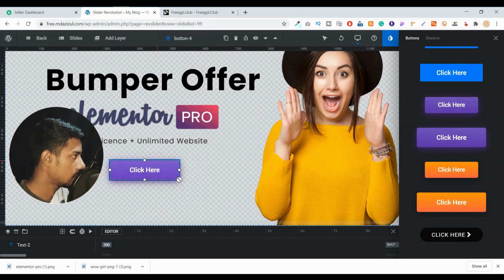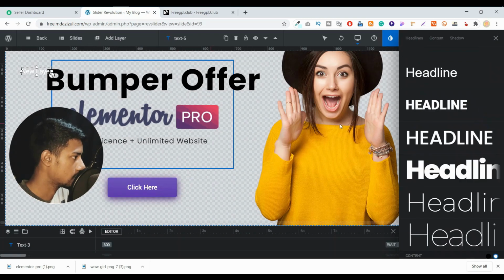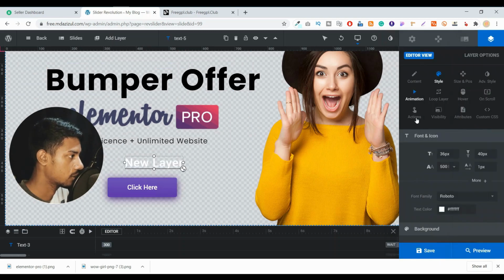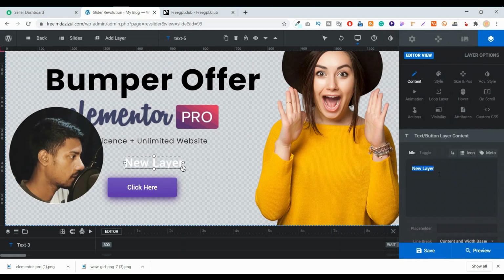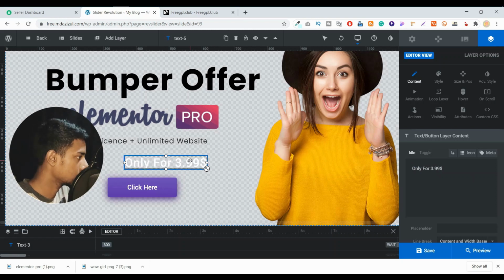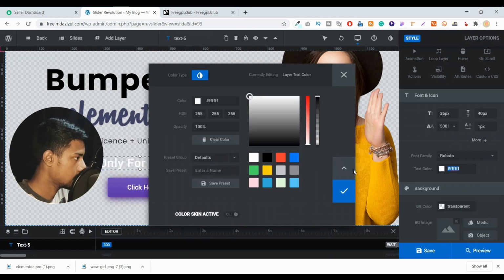So now we just need to add one thing. It's only $99, something like this. So I just drag and drop there and go to here, add headline, add a new text layer, and select Roboto. Go to content again, change it to only. Okay, so go to the style, change it to black,